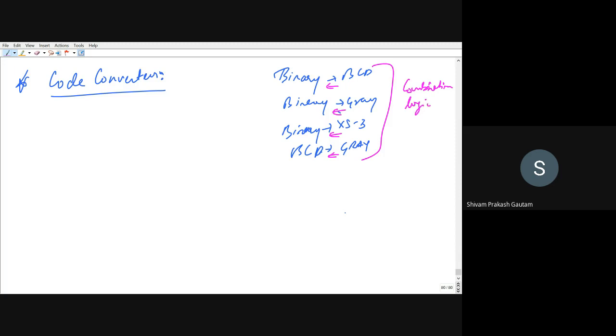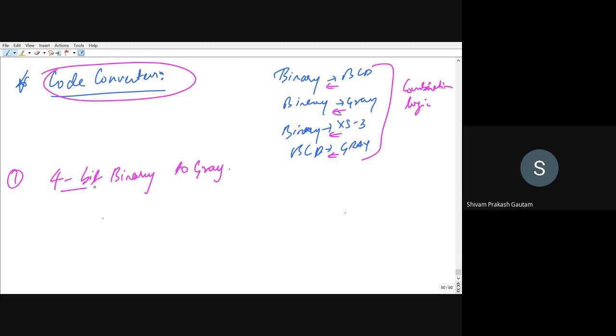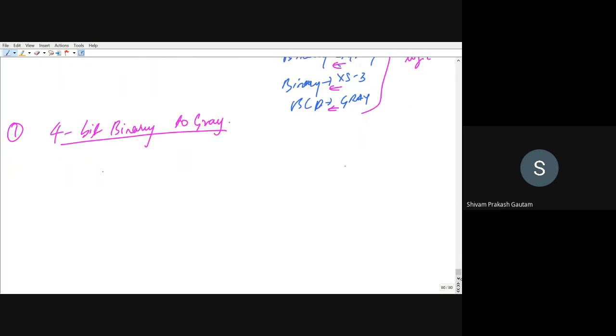First one in this code converters category, we will see 4-bit binary to gray code. Now, in 4-bit binary to gray, whenever you want to make a code converter using combinational logic, you will be needing the truth table.